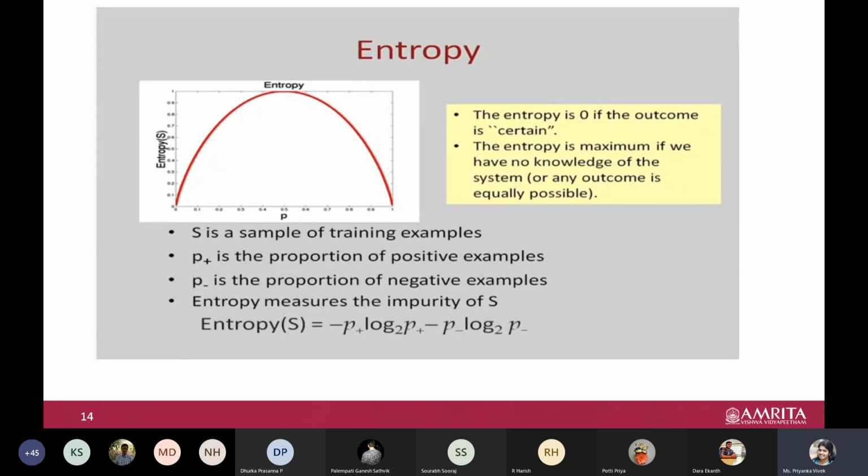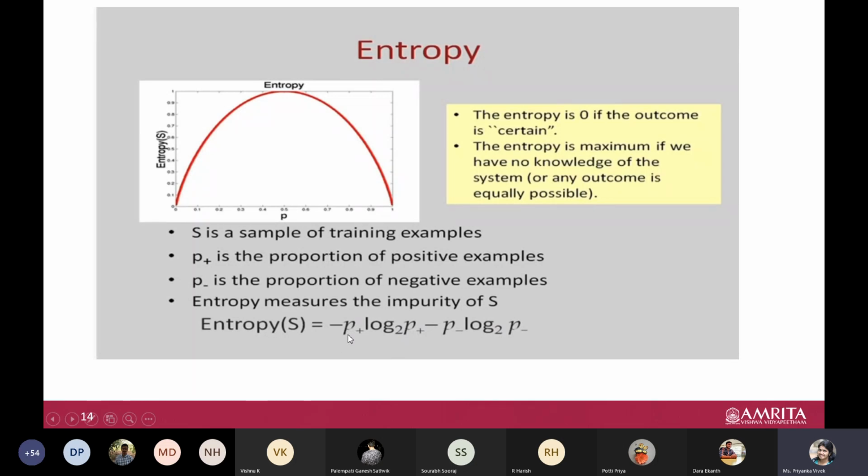But when do we have a high entropy? Can somebody guess? Based on this formula, maybe you can tell, or just with your knowledge. I have positive samples, negative samples. When do you feel you have entropy high? An equal proportion is there. Yes, exactly. So when you have an equal number of samples for both positive and negative, that is half, isn't it? So the proportion would be half. So what happens in this formula?